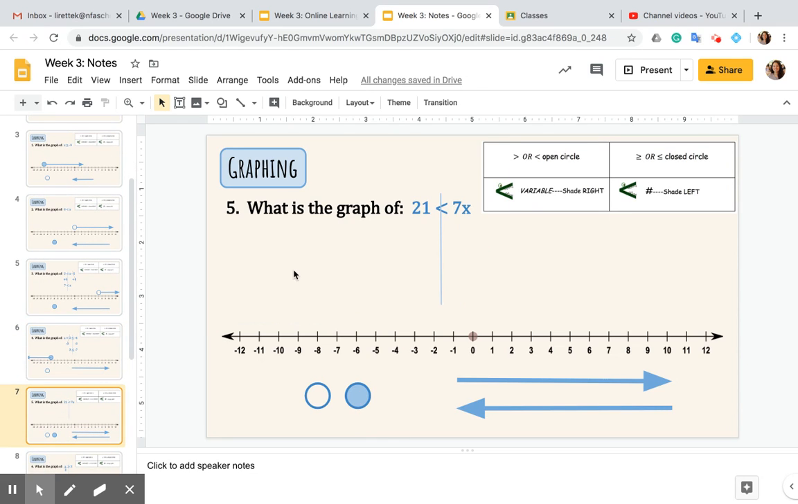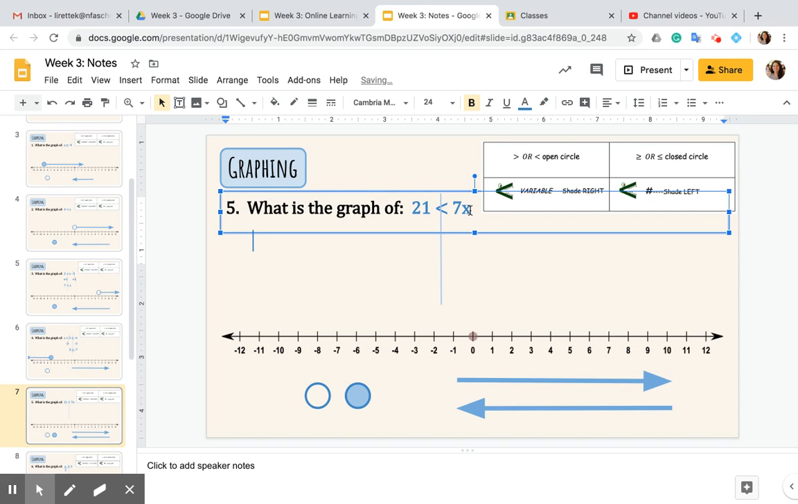All right, here's another one. 21 is less than 7x. So I want to get rid of the 7. What operation does it mean when a number touches a variable? It means multiplication. So the inverse operation that I want is division. So I think the easiest way to demonstrate that I'm going to have to divide by 7 on both sides,